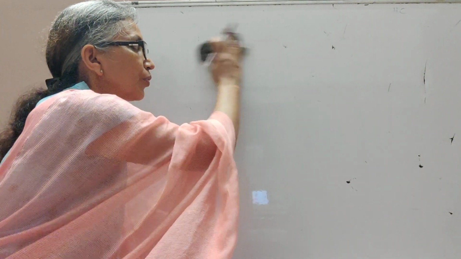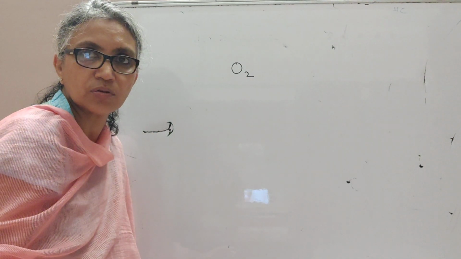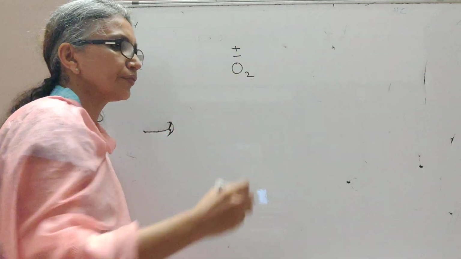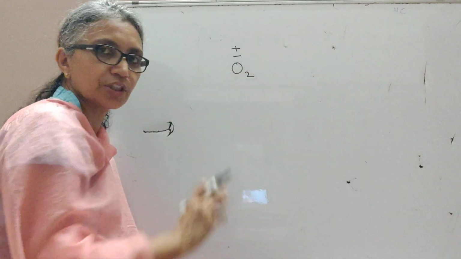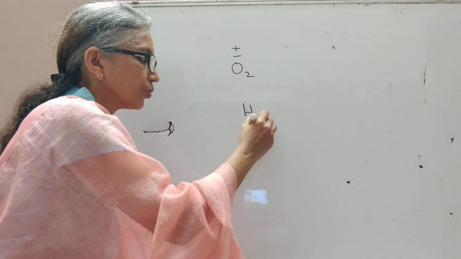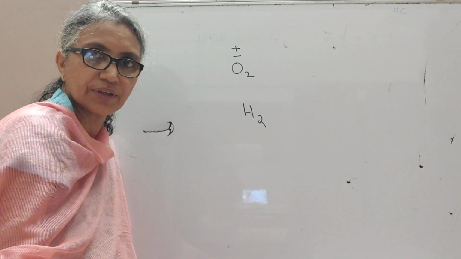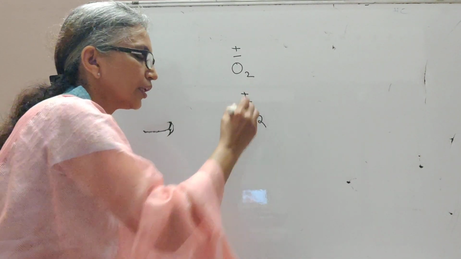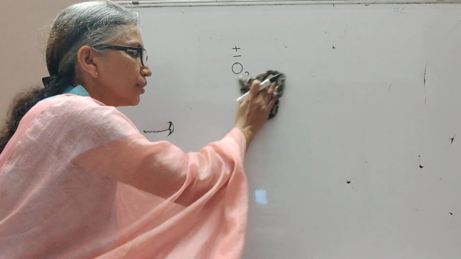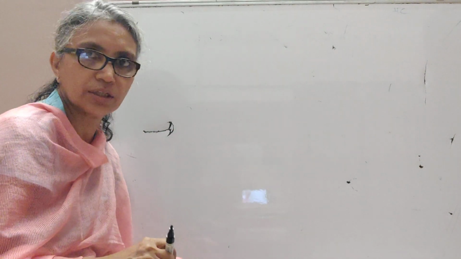You can have non-polar molecules, for example, oxygen. Both are equally electronegative, both oxygen atoms. So the positive and the negative will not have any separation between them. So it is non-polar. Similarly, hydrogen, H2, both are equally electropositive. So there is no separation or distance between the positive and the negative charges. So it is again non-polar. Now a dielectric is a non-conducting substance which could be made up of either a polar molecule or a non-polar